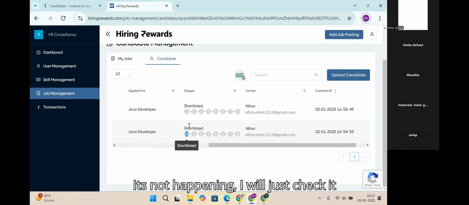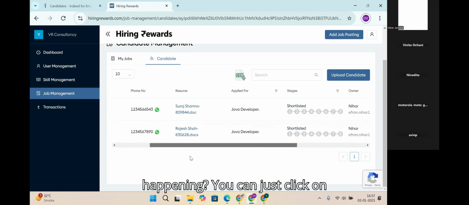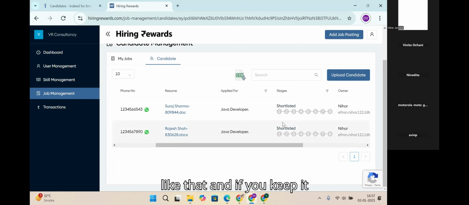Oh, it's not happening. I'll just check in my backend why it is not happening. Otherwise, you can just click on shortlisted, telephonic round and stuff like that, and it will keep the next step. Just go to your dashboard,